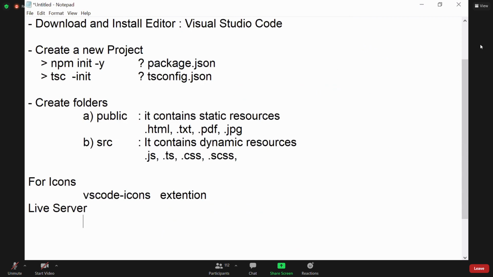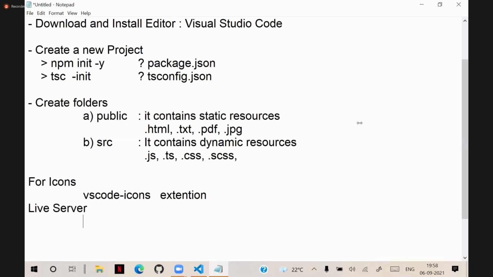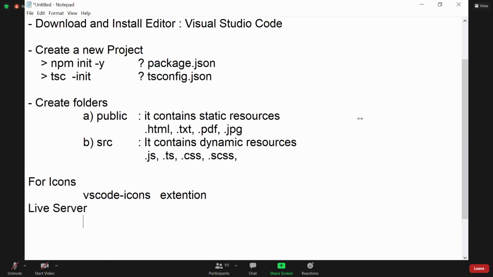Don't test your projects without a server. Without a server also people test projects. What they do is save the files in a folder, double click on the file, open it in the browser and watch. That is not the correct way of doing it. Why? Because if it is working fine on a server, then it will work fine when it goes live. If you designed for the file system and later you publish live, then so many issues will come. That is the reason always test your application on local servers.